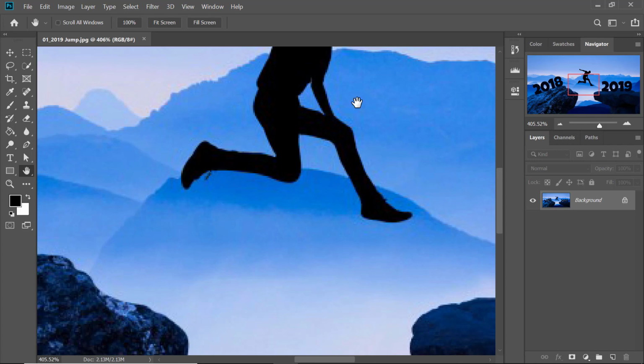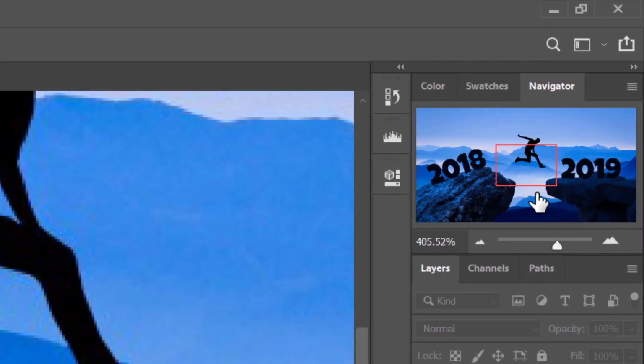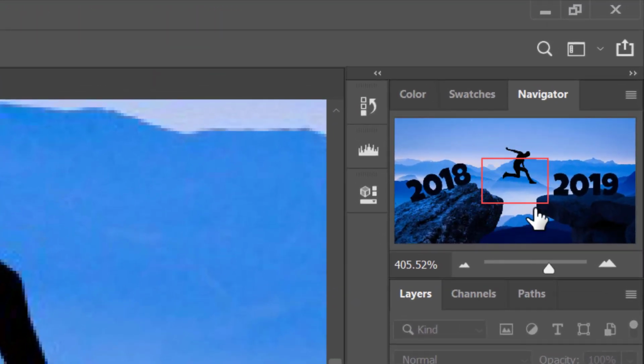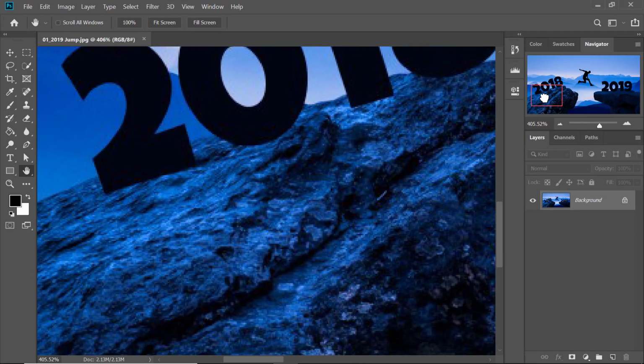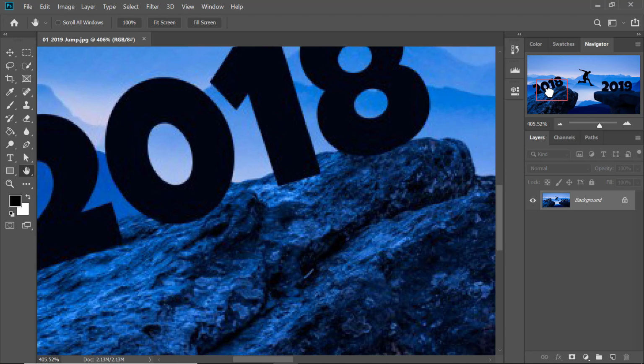So now I'm completely zoomed in, and I'm zoomed in at 405%. Here you can also see this red rectangle. If I click on this red rectangle and move, I can pan around my image. Let me just zoom out a little